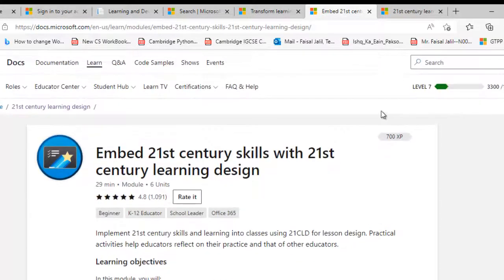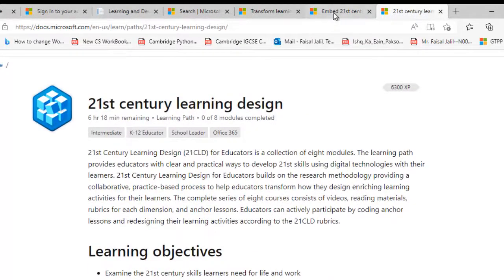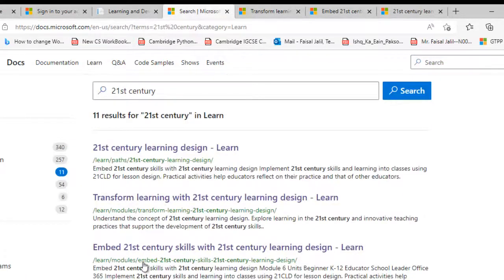Okay, you need to complete these courses, and then you will get the certificate. Okay, transform learning with 21st century skills. Okay, do this one, 21st century skills, and then all 3 courses, and after that I recommend you